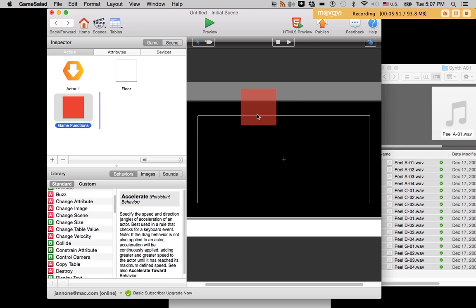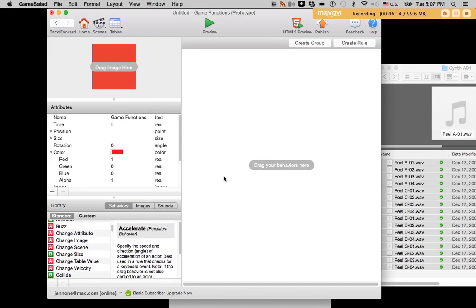And I'm going to put game functions on the stage using the shift key to shrink game functions down to a very small area. Game functions is an actor that usually is going to be hidden, usually off the screen. I'm going to leave this game functions actor on the screen right now just so things are a little bit clearer. And the game functions actor contains